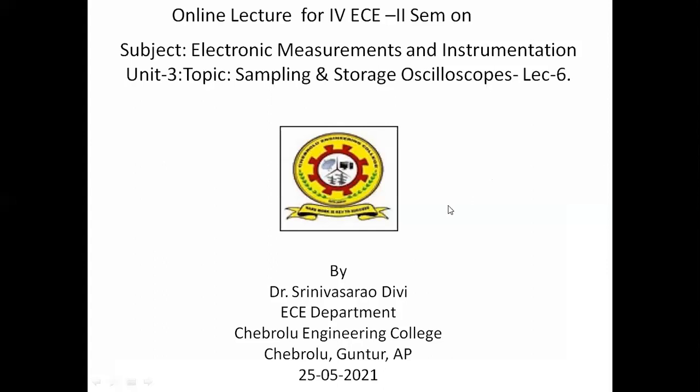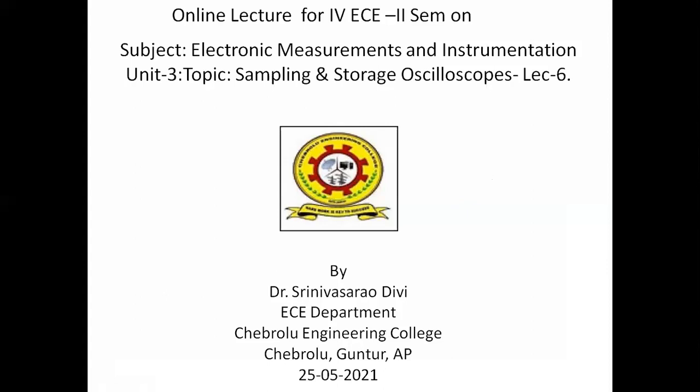If you consider the dual beam CRO, the name itself says that it has two electron beams. It produces two electron beams and has two vertical amplifier sections and two vertical deflection plates